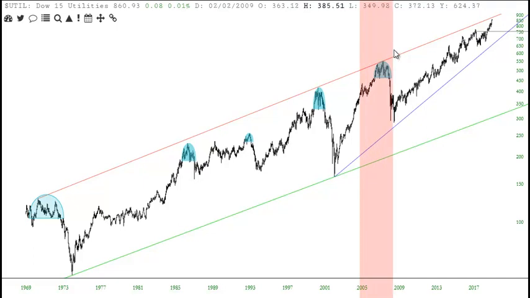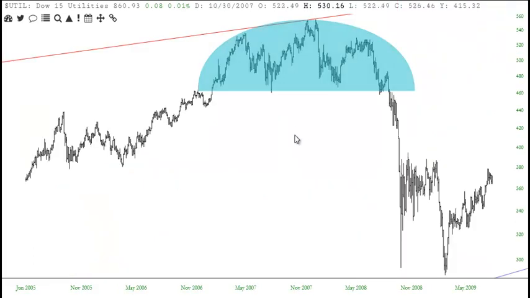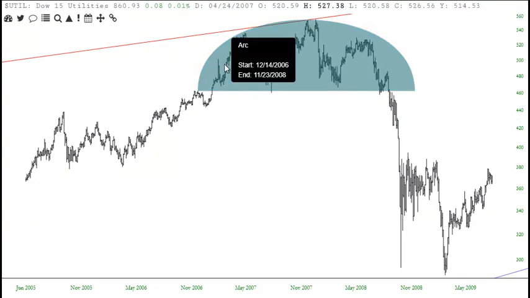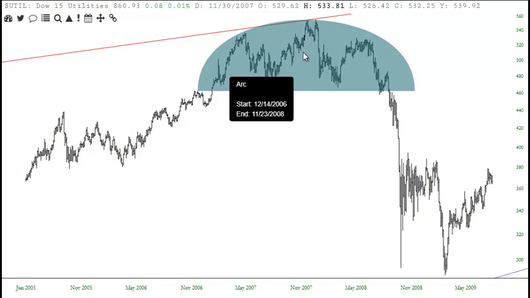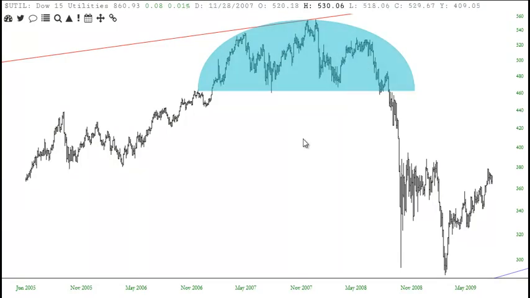So this is the Dow Jones Utilities. There's a particularly good head and shoulders here, and it's highlighted. This portion is the left shoulder, the middle is the head, and the right portion is the right shoulder. Ideally, the right shoulder should be lower than the left shoulder, as this one is, and it's got a neckline